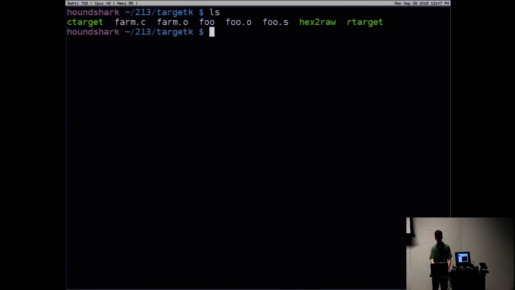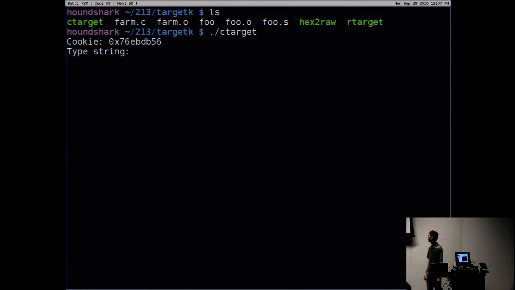So you'll get two targets, ctarget and rtarget. ctarget is the target you'll be using for the buffer overflows, tests 1 through 3, and rtarget is the one you'll be using for the return-oriented programming. So we run ctarget. It tells me my cookie. Every one of you will have a unique cookie that'll be a value that's important for you to get on the stack or whatever to signify that